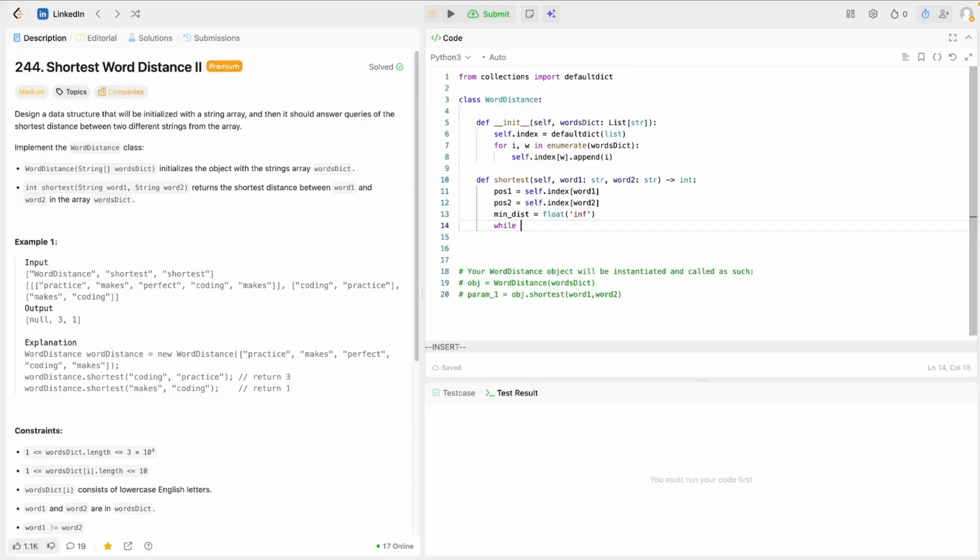So let's set up a while loop first. First of all, let's initialize the index for position 1 and position 2 equal to 0, 0. So we need to compare these two positions. While i is less than the length of position 1 and j is less than the length of position 2,